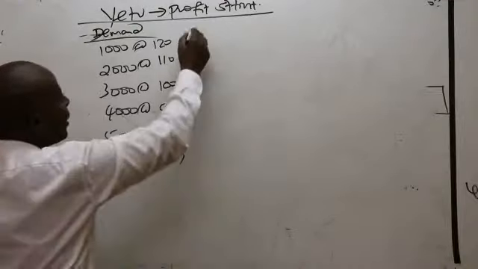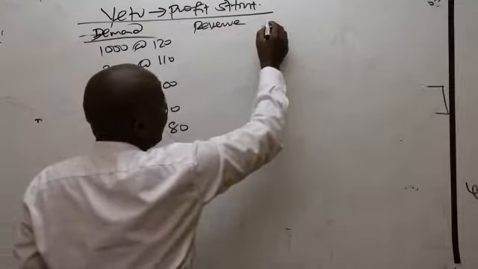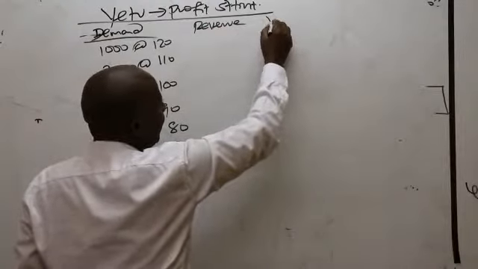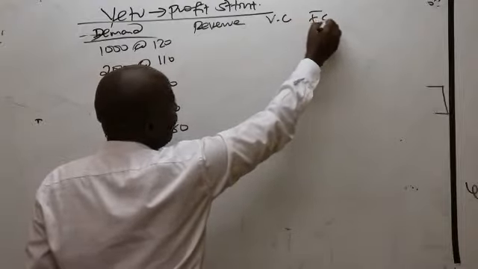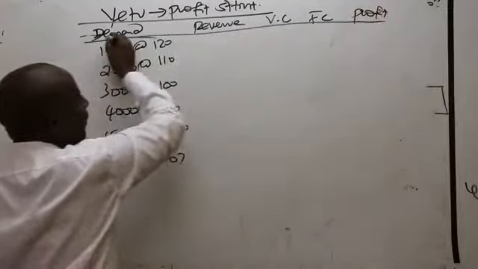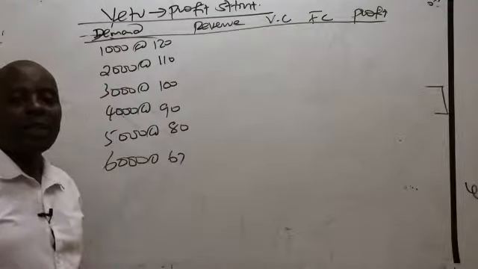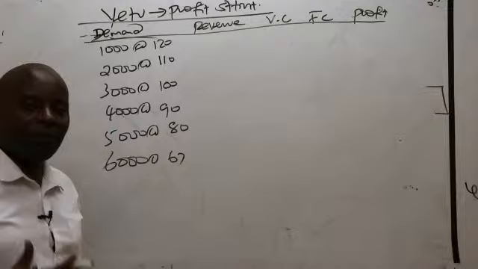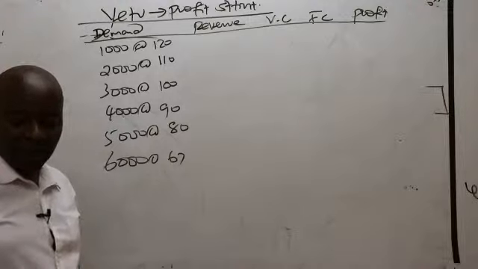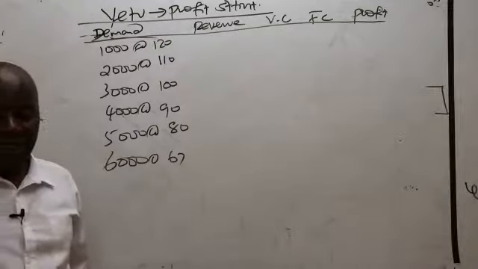So I expect you to write for us the revenue there. Come and give us the variable cost, give us the fixed cost, give us the profit. I would have wanted to do it for you very fast, but because of the sensitivity of the question, I expect you to finish it. You do it. Give me a few parameters there.